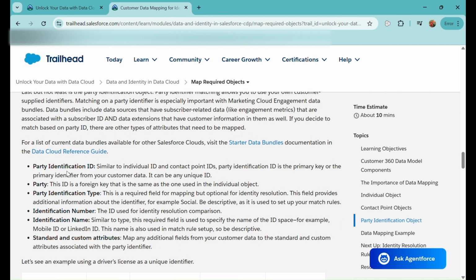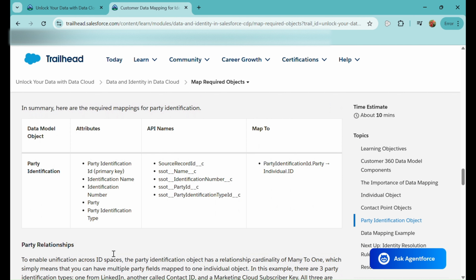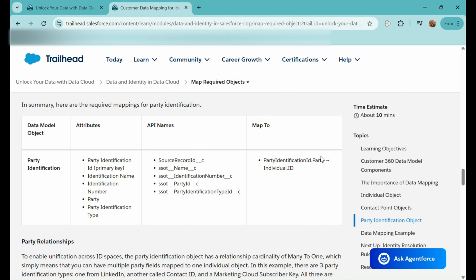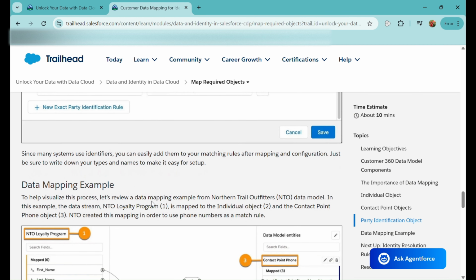And then there are certain attributes: party identification ID, party identification type, identification number, name, and the standard and custom attributes. These we can map accordingly. We have mentioned that in the party identification ID we have a party field which needs to be mapped to the individual ID, and that's how it will look after mapping.